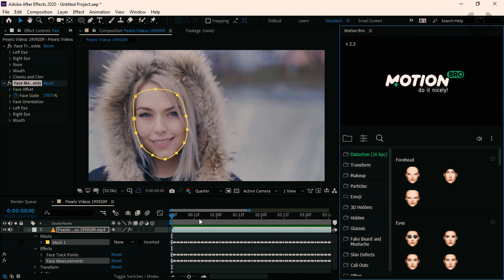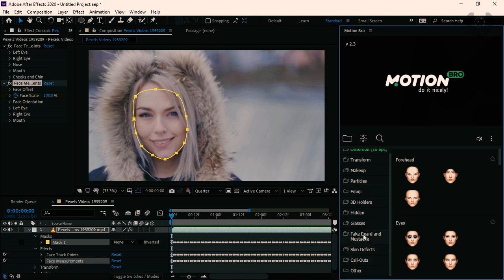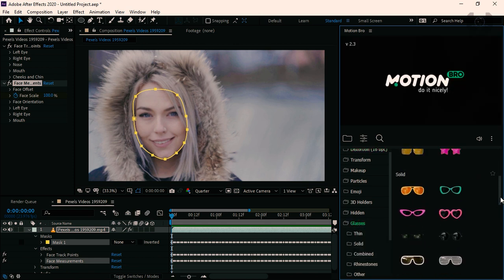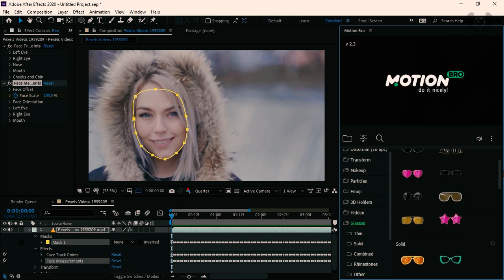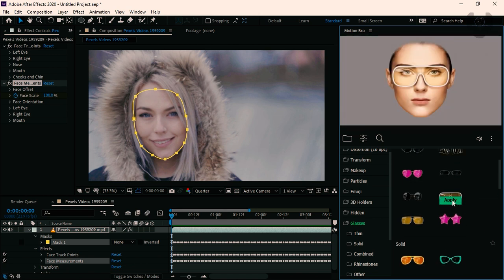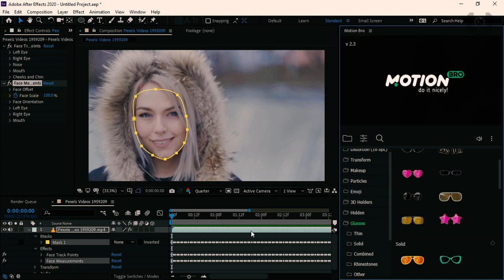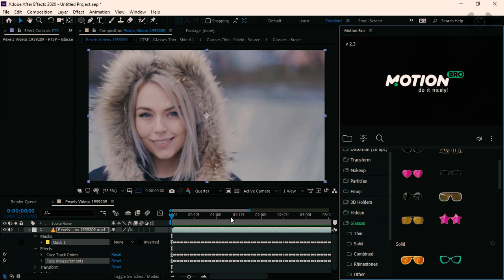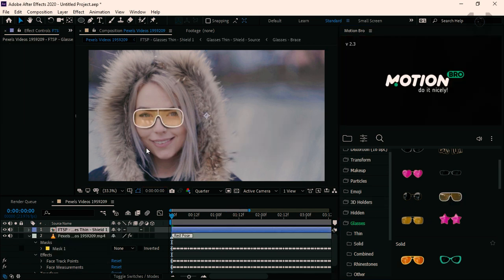So I'm taking glasses. This is the glasses option, and there are so many glasses. So let's create some glasses for this lady. Let's press apply. Make sure you select the mask option and the face measurement option, and then press apply. When you press apply, suddenly you can see one pair of glasses pop up, and it will apply